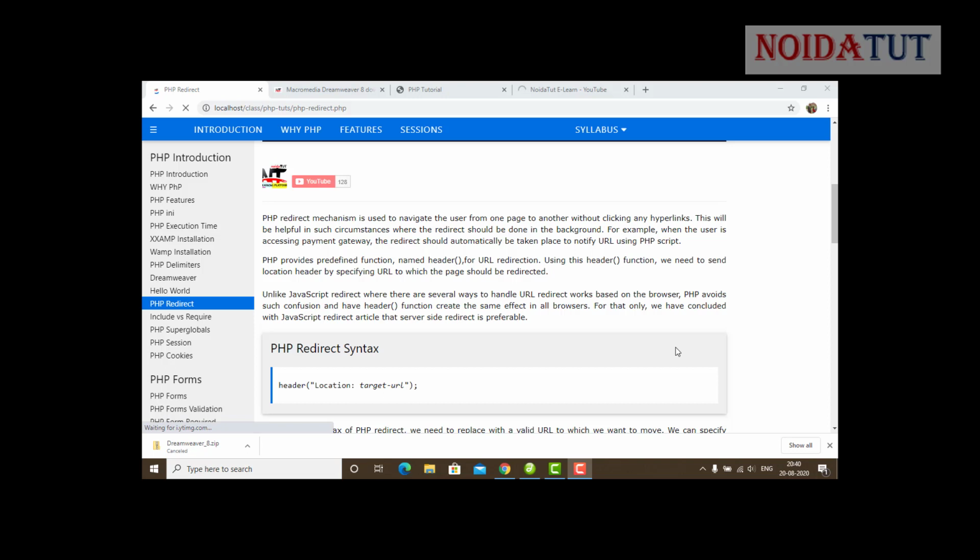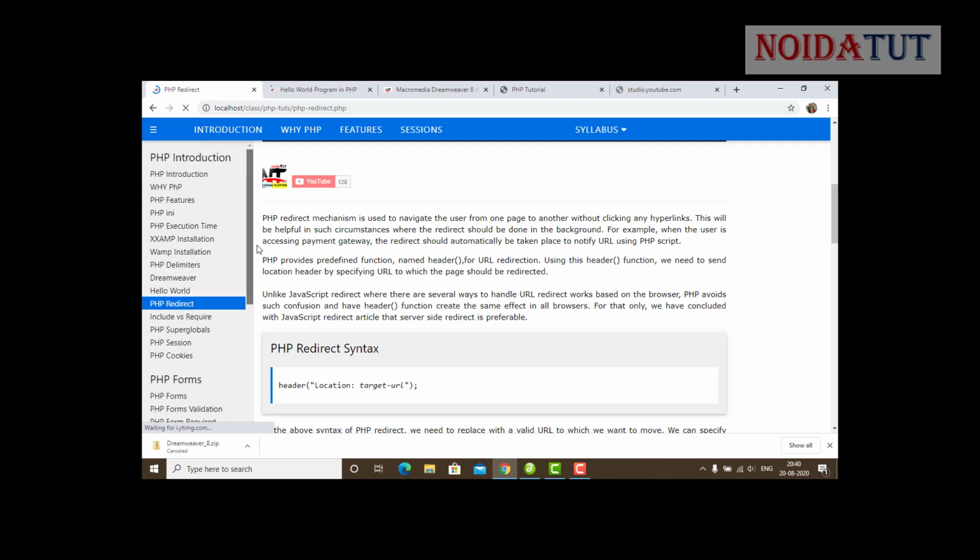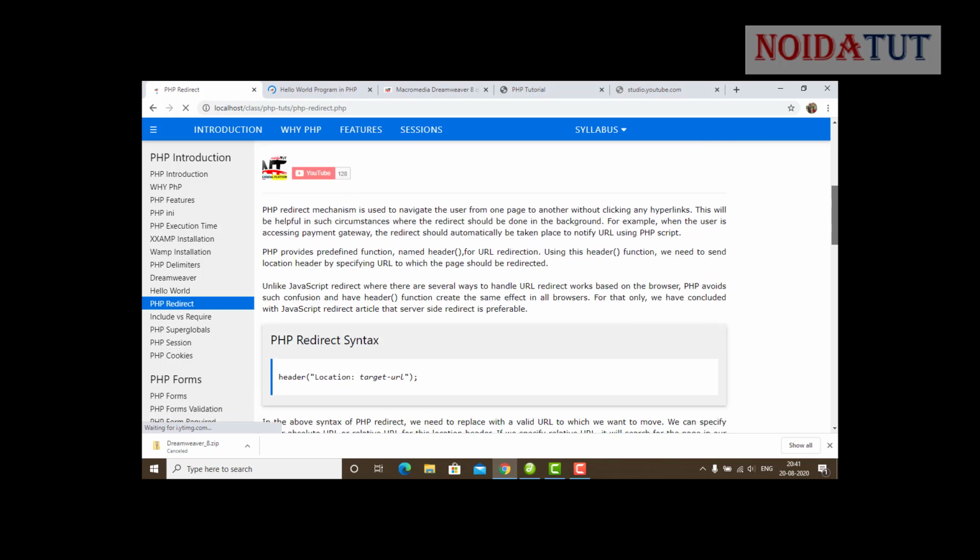In my previous lesson, I explained how to display the first program in PHP, the hello world. Now, redirection. Proceeding further, the first thing we are going to do is discuss some smaller things, because these things are very much important as we start learning PHP. We are going to start with how we can redirect from one page to another, because things might get confused later on. These things are very much needed.